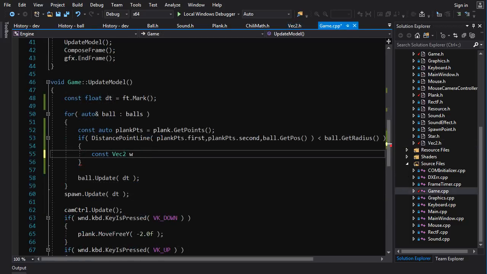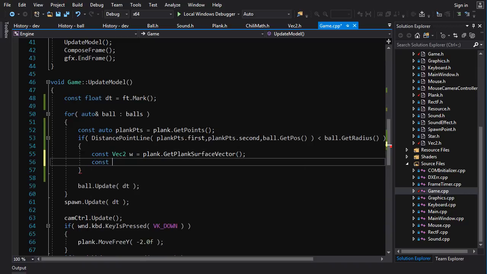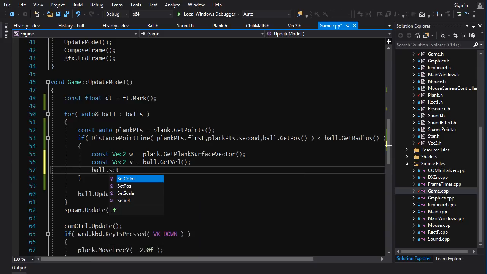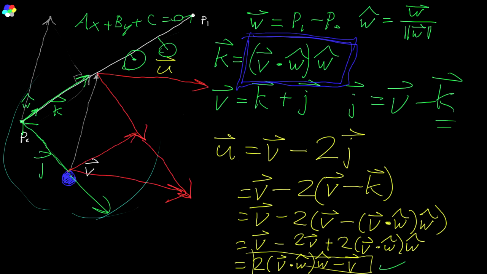So the const vec2 w is equal to plank dot get plank surface vector. Const vec2 v is equal to ball dot get velocity. Ball dot set velocity. And again, 2 times v dot w times w minus v. All right, so we probably want to put this w out in front because the way